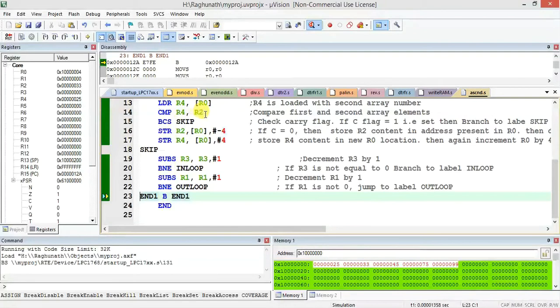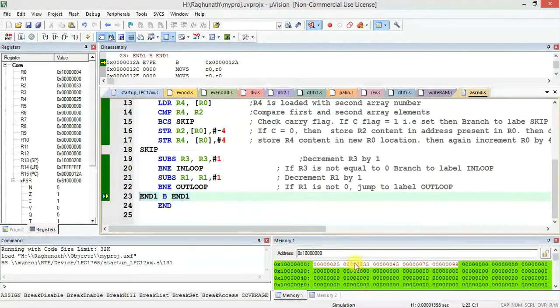Instead of R4 minus R2, you change it to compare R2 comma R4. Then this program will convert into descending order. Or, instead of branch carry flag set, you can write branch carry flag clear. Then the same program can work as descending order.